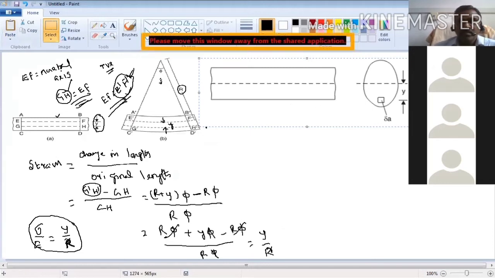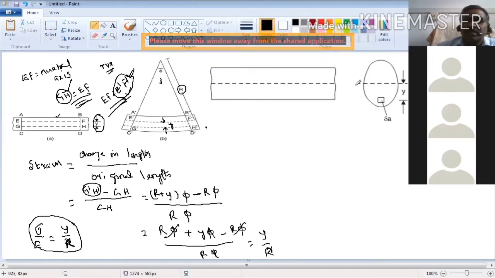What is another derivation? I am interested to find moment. What is moment? Moment is equal to force into distance. I want to find moment with respect to this axis. This is a beam, a side view, this is a neutral axis. About the neutral axis, I want to find the bending moment for a small elemental area delta A. What is moment? Force into distance. I need to calculate the force at the elemental area and the distance y. So that will give the moment. So how to find the force? Stress into area is a force.